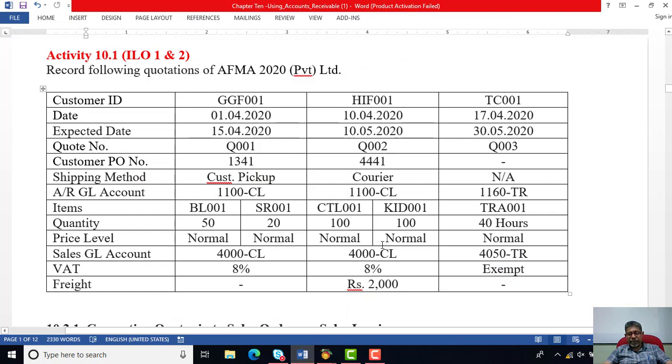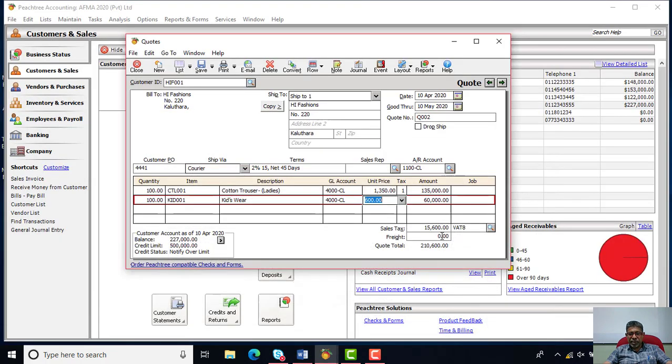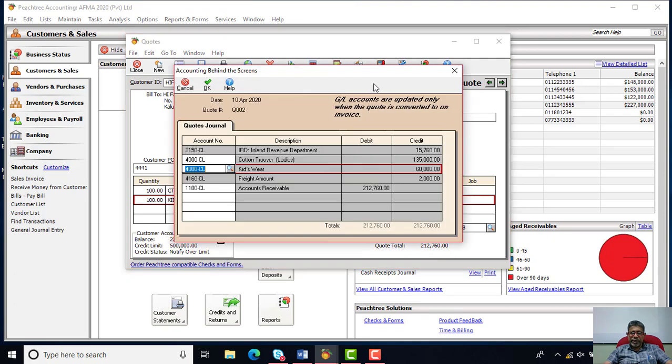VAT is 8%, the credit account is there, and also the freight charges. You will be delivering the item by couriering, and the delivery charge of an additional 2,000 rupees needs to be entered. So the full bill will now come to 212,760. If you look at the journal entry for this, you can see Inland Revenue Department 15,760 VAT percentage,